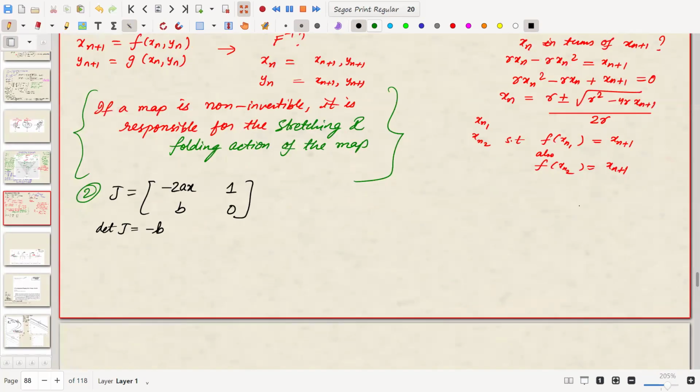Minus b. Okay. Now, determinant has a very nice action on the 2D map. Determinant is responsible for the stretching and contraction, like contraction and expansion of the map. Okay. So do you know that determinant has a relation with area? You can write determinant of a 2 by 2 matrix represents area of a,